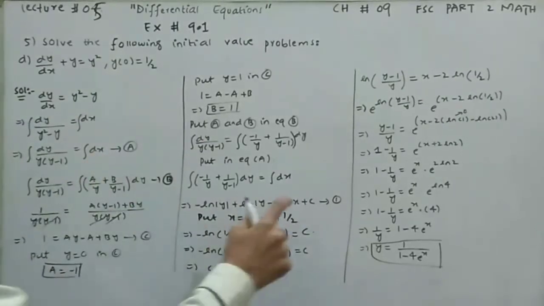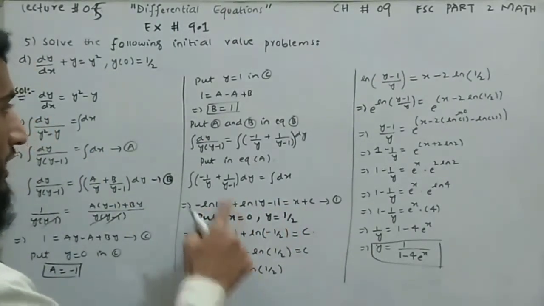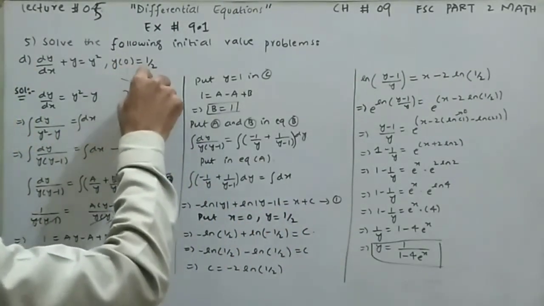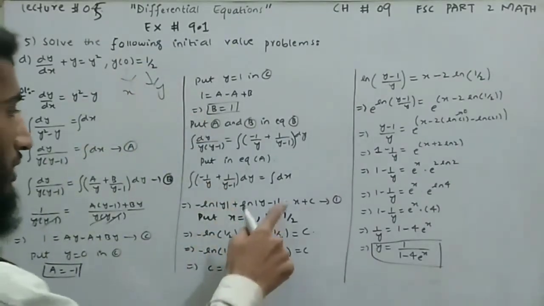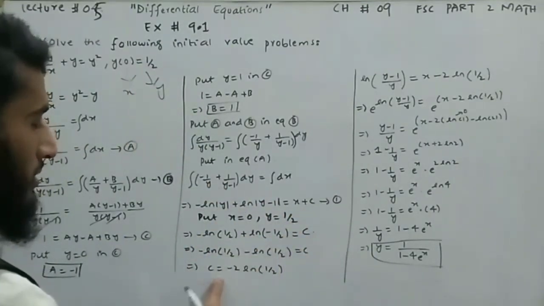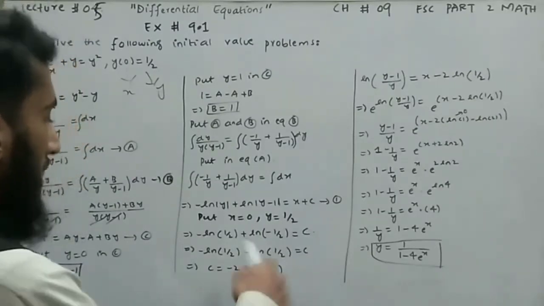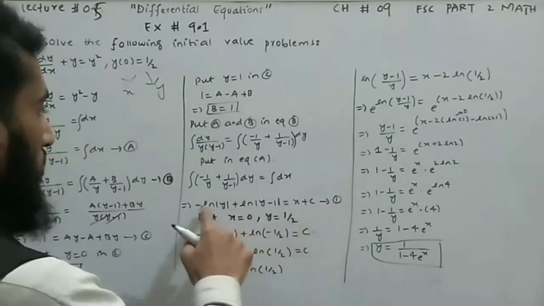Over here the integral of dx is x plus c. Put x equal to 0. This is the value of x and this is the value of y. Putting x and y over here gives us the required value of c: minus 2 ln of 1 over 2. Now putting the value of c in this equation, we get minus ln of y plus